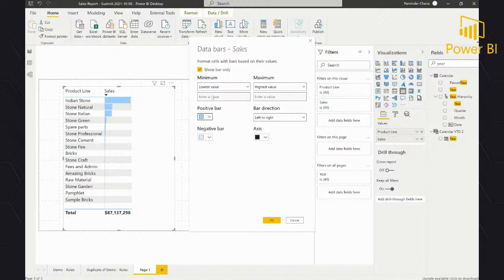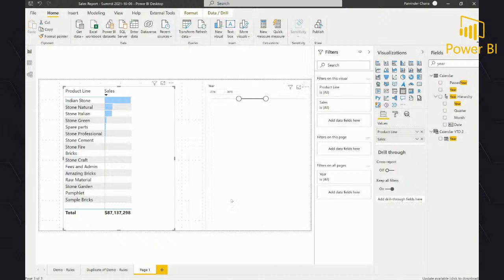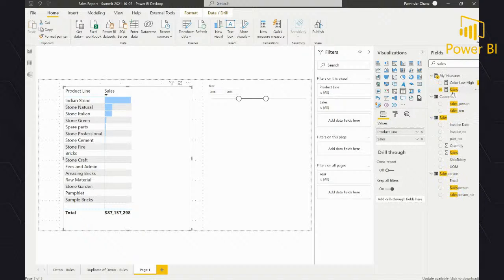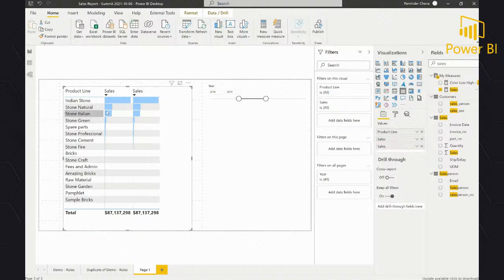And of course you can have the lowest and highest value. This is useful, for example, if I want to show the bar chart kind of chart here in my visual, but at the same time I want to show the sales. I can drop it again, so I have a number next. Oh, actually, I can't do that.